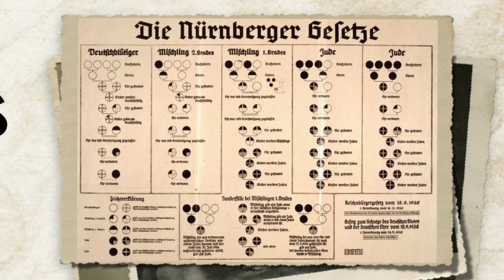This is a chart showing the classification of people. This shows that if you have 4 Jewish grandparents, then you would be a Jew, right? You would be Jewish at birth. It didn't matter if you had any ancestors that were full-blooded Germans, or pure German race, whatever they decided that could be. And on this side, you see that the only way that you could be a pure-blooded German is if all 4 of your grandparents were not Jewish.